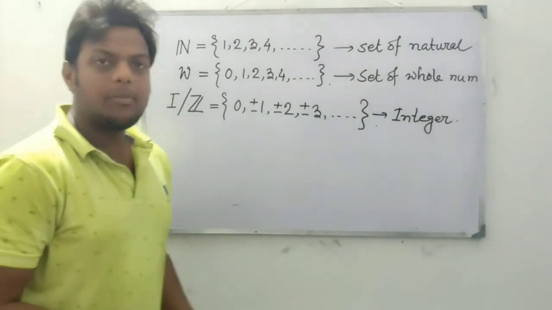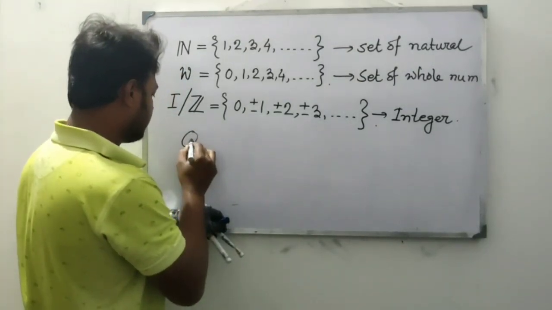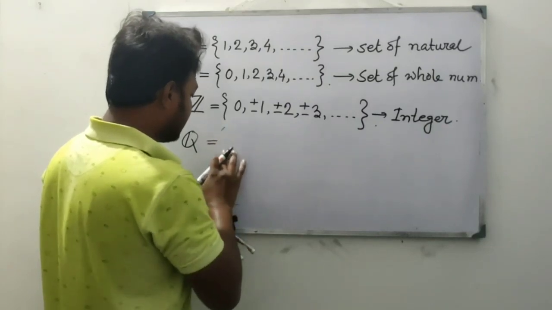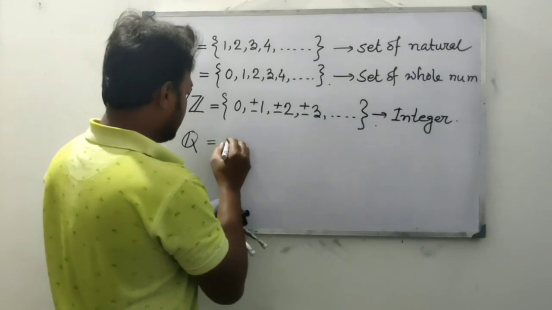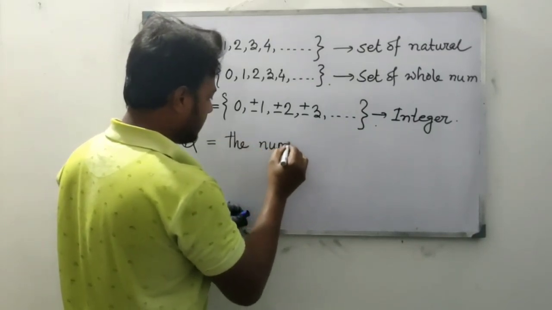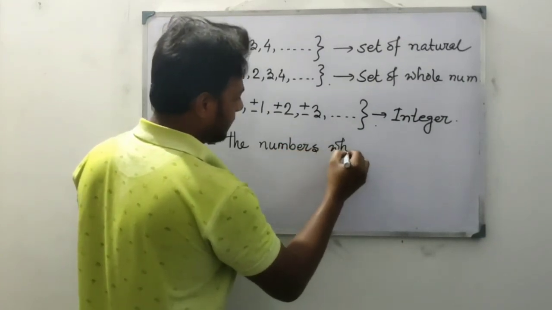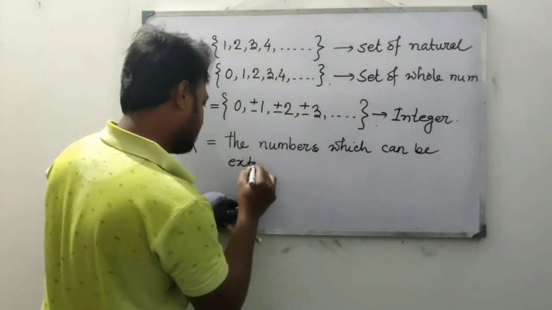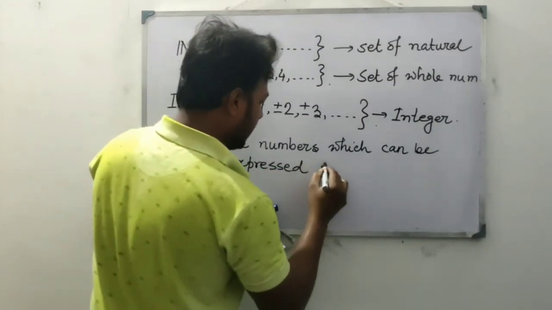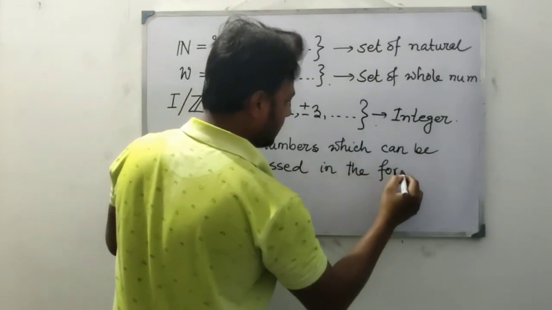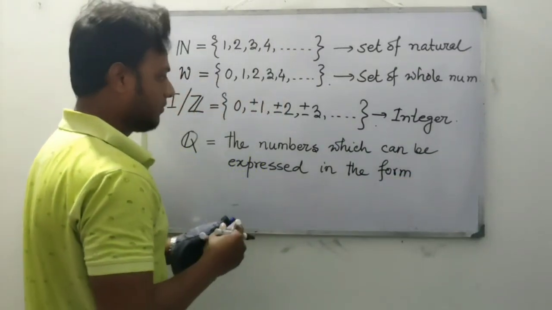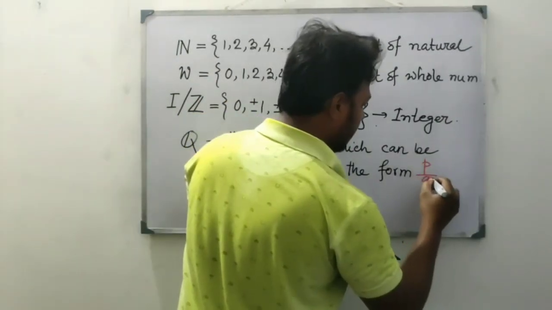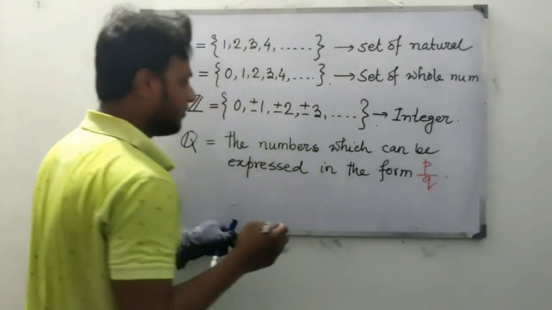Next, the important part is rational numbers. The rational set is denoted by Q, and a rational number means those numbers which can be expressed in the form, I am writing it in a sentence, it will be easier for you: the numbers which can be expressed in the form P by Q, where